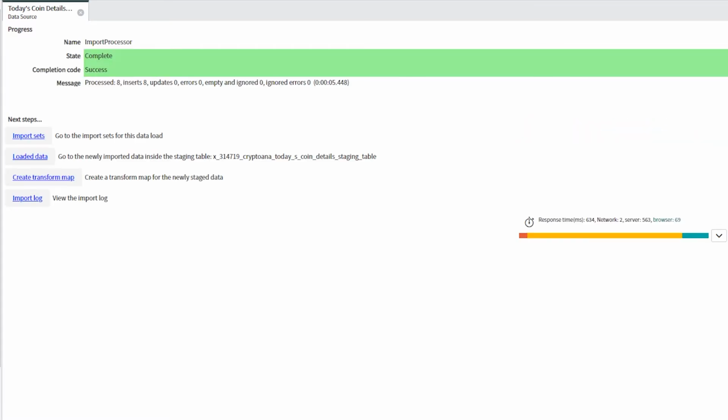So you can see here today's coin details data source staging table is created, and we have processed 8. That's what we want. Okay, we don't want 169 records. We want only those 8 records. For each coin we have 1 record. Okay, so now we are going to create our transfer map. So click on create transfer map,